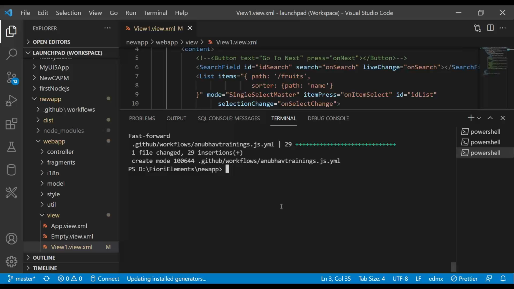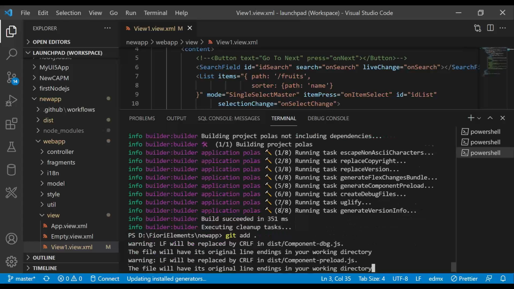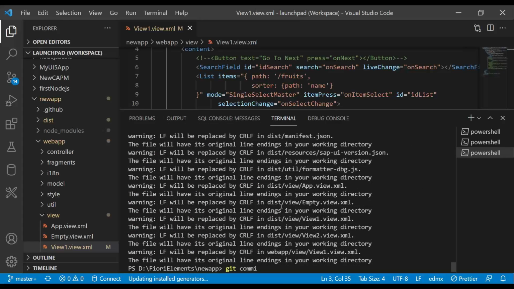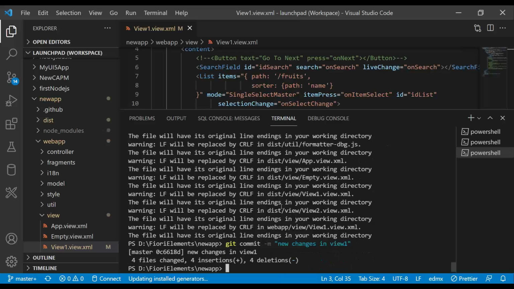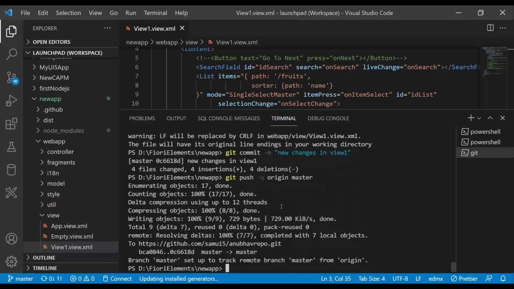And I will first just run a build. So UI5 build. And once the build is complete, let's go ahead and trigger a git push. So I'll say git add, git commit, new changes in view one. Please pay attention that I'm not pushing anything to ABAP. I'm just going to push my change to git, and I'll say git push. So we've committed the change, and now we're going to do git push origin master, and boom, that's done. Let's go back to GitHub now,